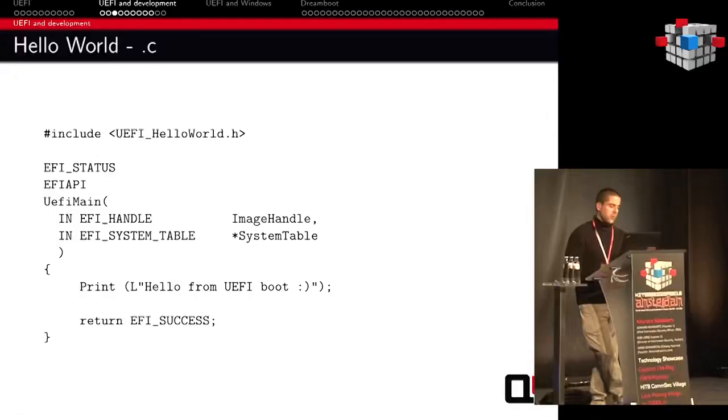So here is a typical application, Hello World, with a high-level function. UEFI only uses Unicode strings, just some fact. What's interesting there is the UEFI main arguments. You can find an EFI handle, so just a reference to the current loaded application. The most interesting parameter is the system table.